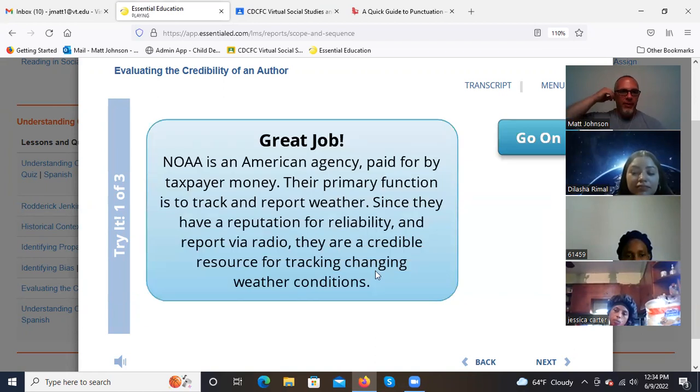Great job! NOAA is an American agency paid for by taxpayer money. Their primary function is to track and report weather. Since they have a reputation for reliability and report via radio, they are a credible resource for tracking changing weather conditions. Yeah,